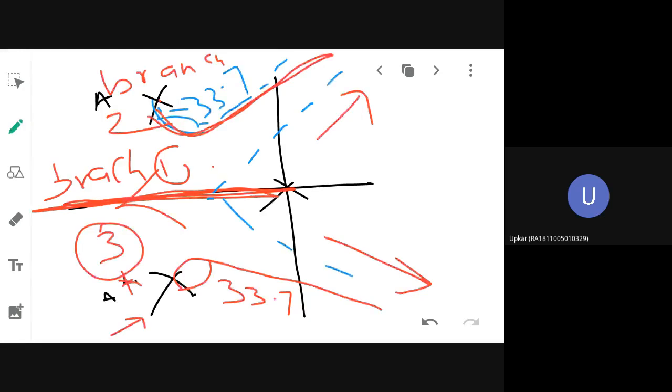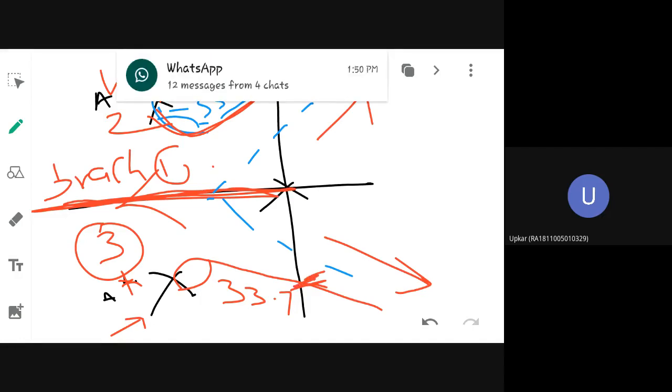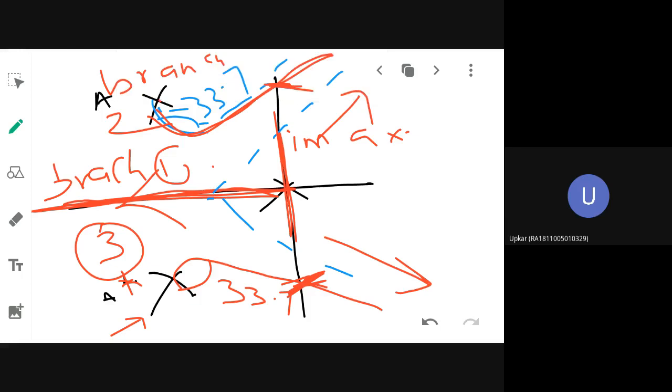But it is crossing somewhere here in the imaginary axis, no? Yes or no? It is making a crossing point in the imaginary axis. This is your imaginary axis. So here it is making a crossing. But you don't know where it crosses. That crossing point you need to calculate, and only then can you intersect. Understanding? Yes, ma'am. So that intersection point, how to find out, I will tell you.